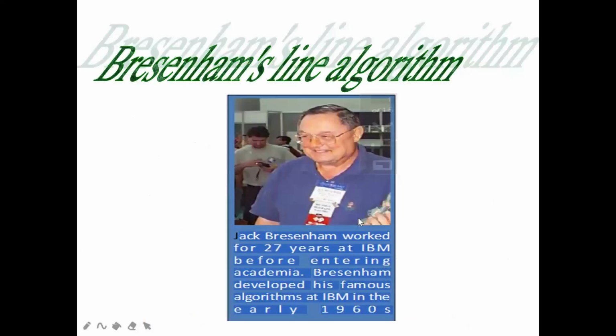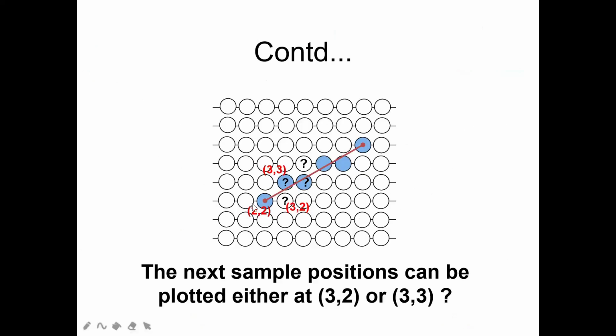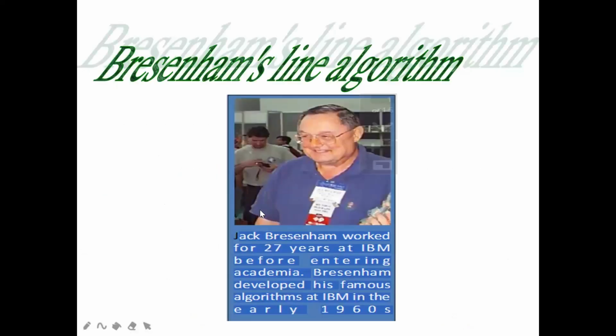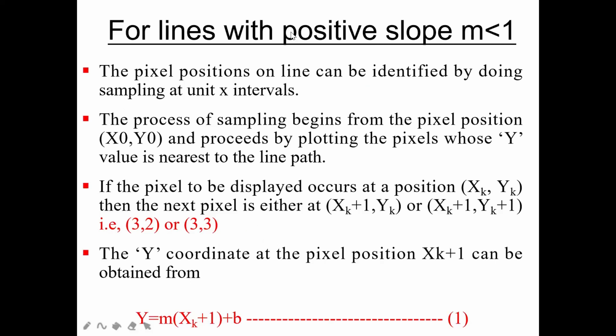Do you remember the example I took, 2 comma 2? I am using the same example. Suppose 2 comma 2 is the value of xk comma yk. How do we find the next pixel? We increase the x interval: xk plus 1, so 2 plus 1 equals 3. The y value stays constant. So the next pixel value we got is 3 comma 2.